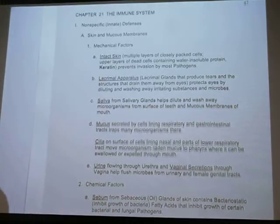By the way, I'm a parasitologist, if you're wondering. Got to throw this in here. But anyway,